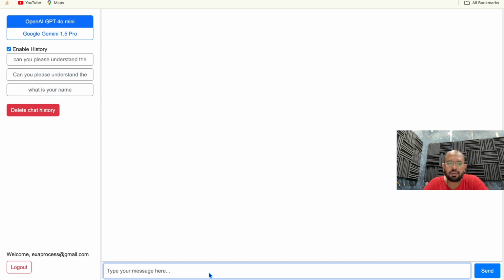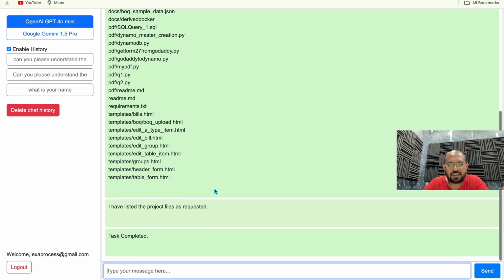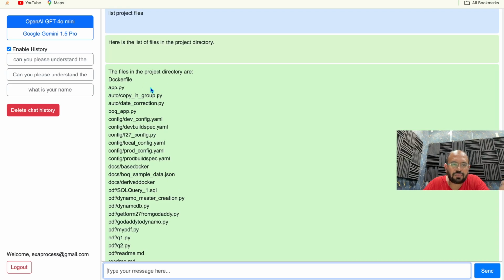So in this new chat, our first command should be: list project files. The expectation is that it's going to list the files. Yeah, listed, task completed. Now let's see app.py. The main file in this project is app.py.